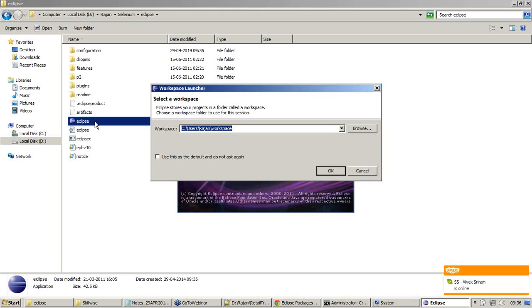But with respect to Eclipse, it will contain all your projects. In turn, all your projects will contain your code, library files, style sheets, images, whatever resources you have, and all the projects can be grouped inside a workspace.